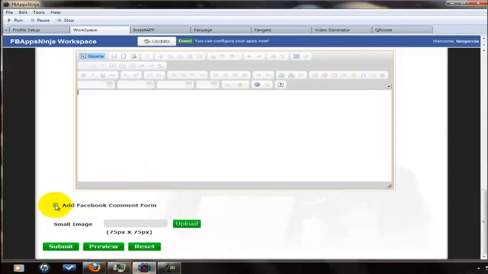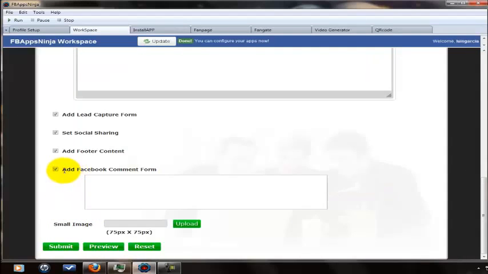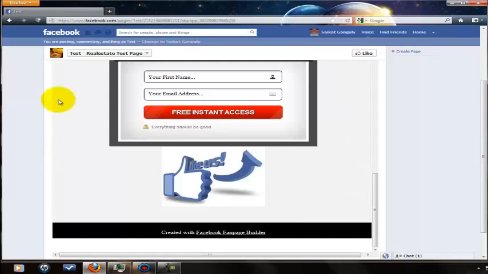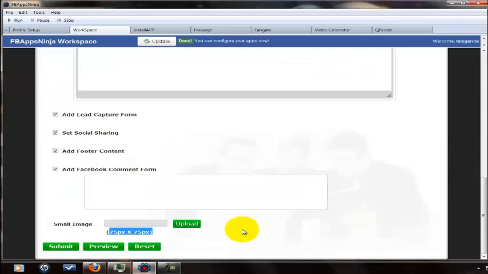And then of course the next feature is add Facebook comment form, and this is where you'll paste the code of your Facebook comment form. And last but not least, we have the small image, which is 75 by 75. The small image is this little image here that represents your Facebook picture that will be shared in people's timelines and in people's news feeds. And there you have it, folks. When you're all said and done, all you do is click submit, and this will begin to integrate